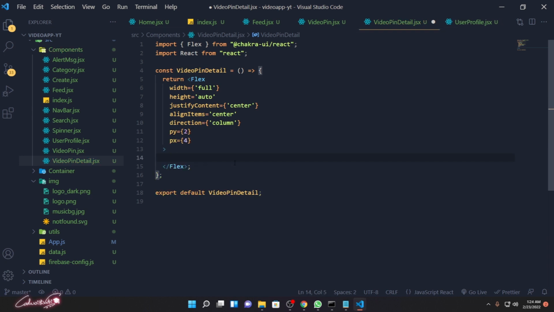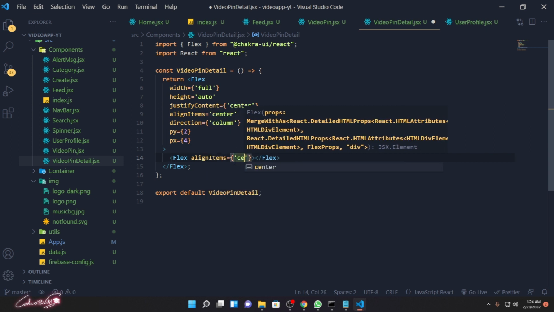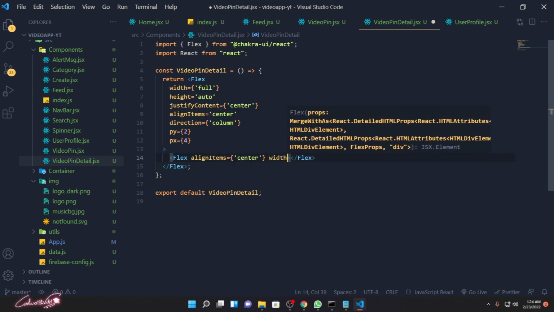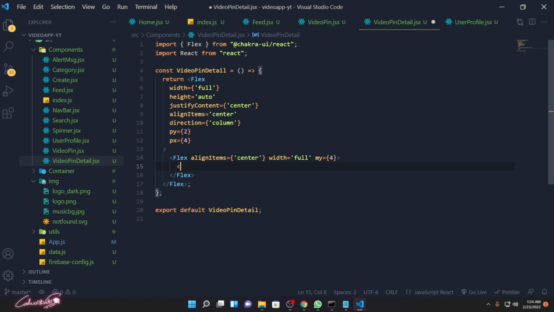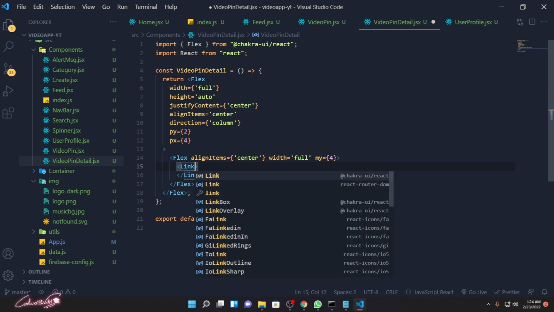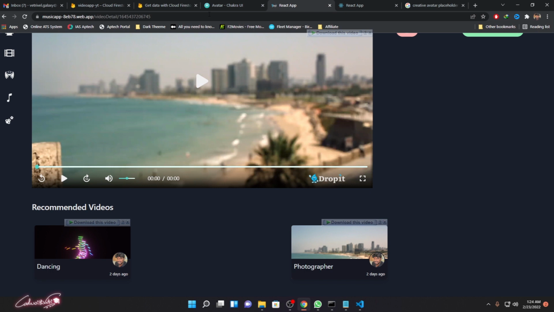And inside this we are going to have one more Flex, and that's going to have the align items center, and the width it's going to have full, or fit to content, and both in top and bottom margin Y it's going to have Y 4, and Link we are going to use the Link. When the user clicks this, it should take the user to the home directory, and inside this, we are designing this icon,